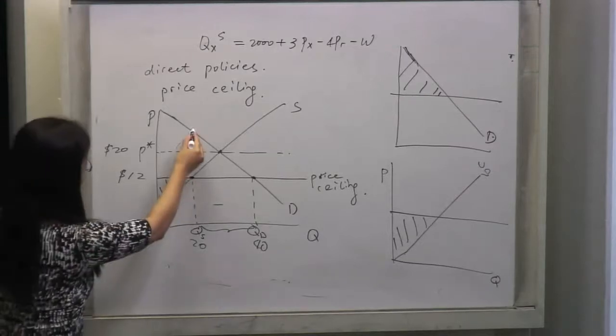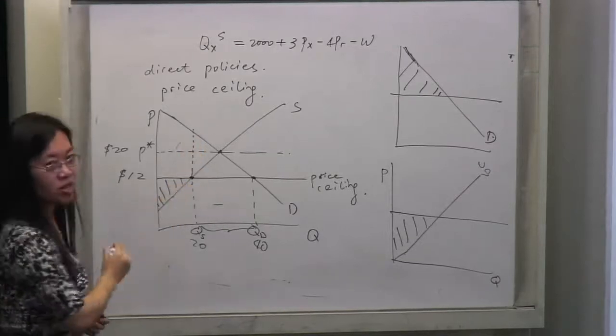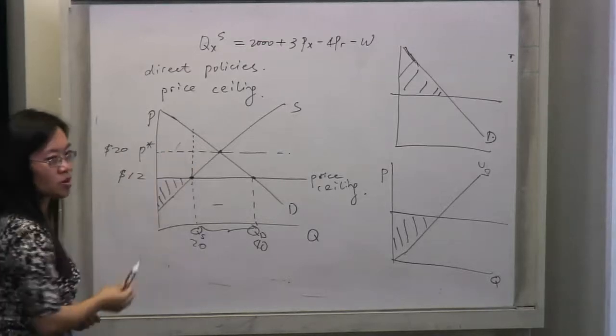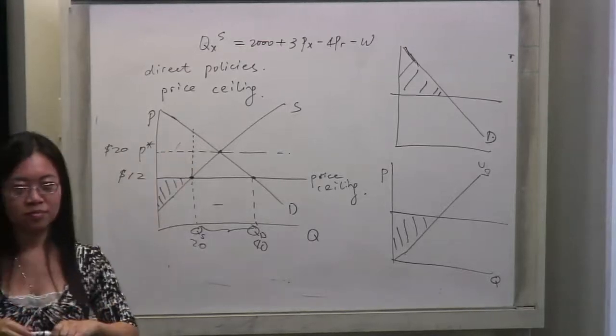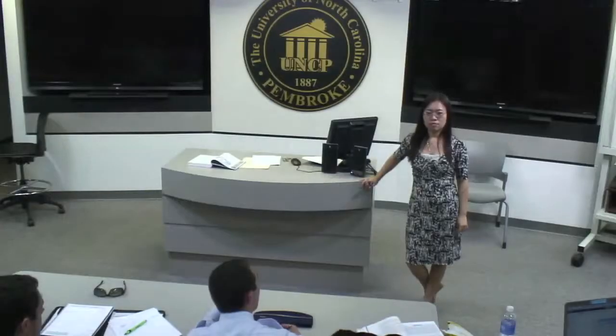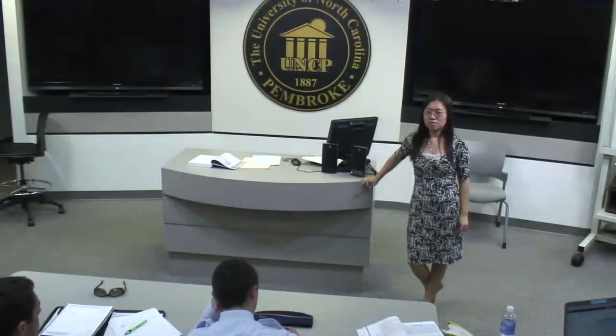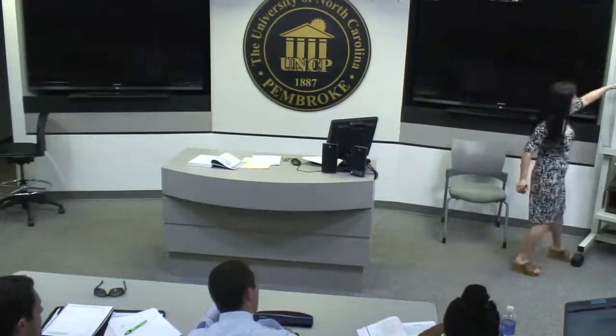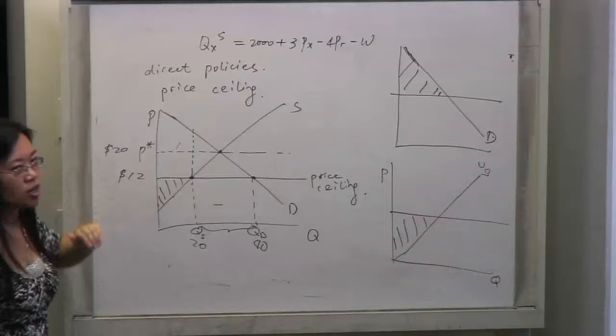So you all agree we're going to do that, right? And this area here is? Consumer surplus. Why? You guys are correct, that is consumer surplus. Why? Because that's the area between the demand curve and the new market price. It is true, good. So it is between the demand and the market price, right?